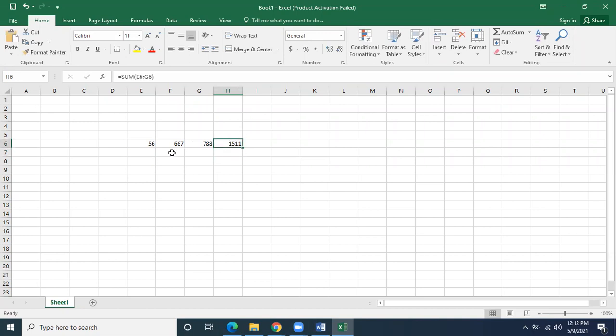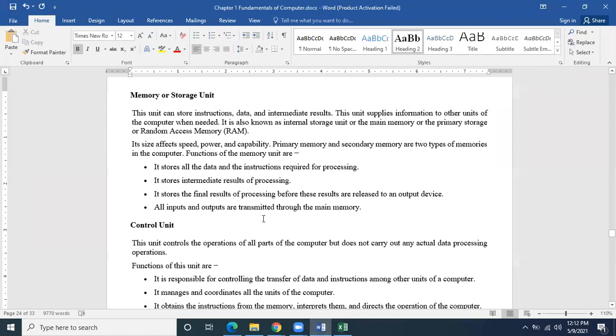When we enter these numbers, they will initially go to RAM, and then with the coordination of the RAM, they will go to the CPU to be processed. When the result comes, it will come to the RAM first, and then to the computer display, which is the monitor or the screen, and we will be able to see that the result is available.